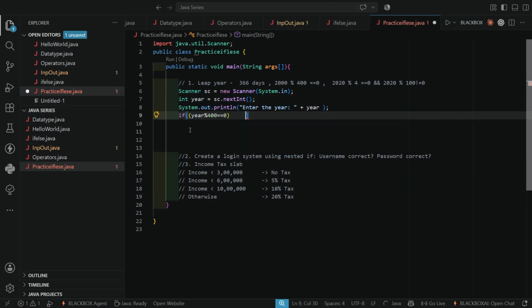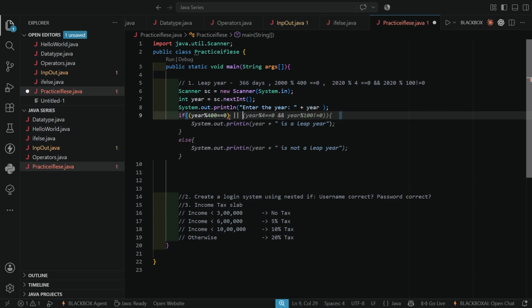I use double braces because the first condition checks for a century year, and the second condition checks for a non-century year. Here I will use logical OR. For a non-century leap year, the year must be divisible by 4, which means year mod 4 double equal to 0. And it must not be divisible by 100.